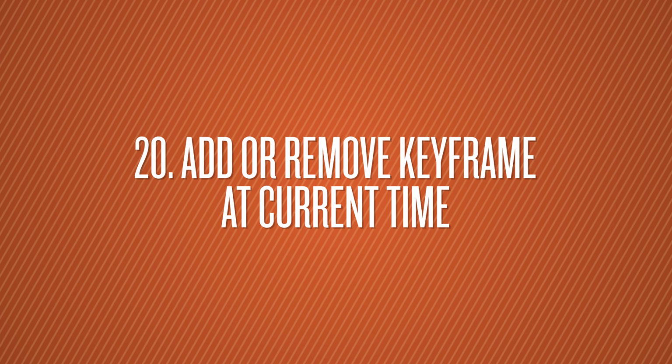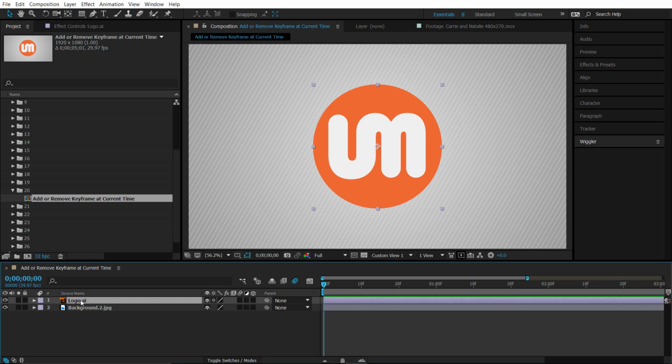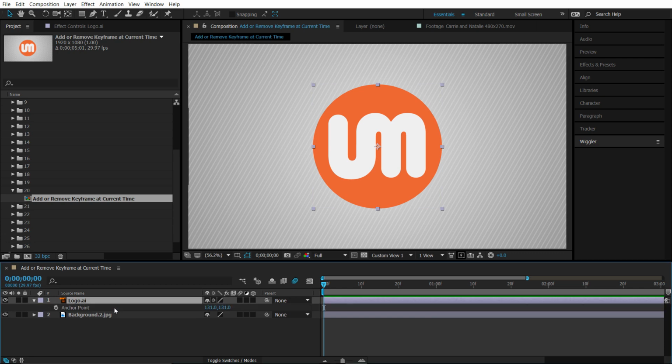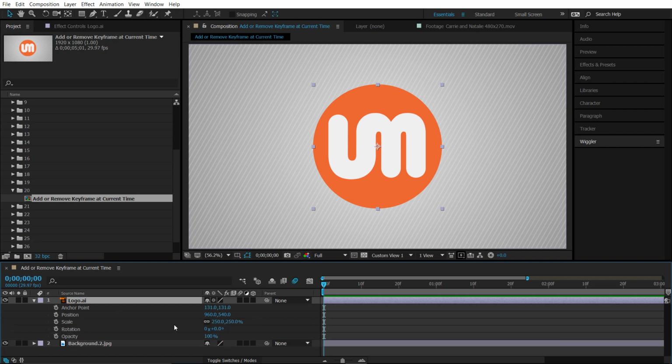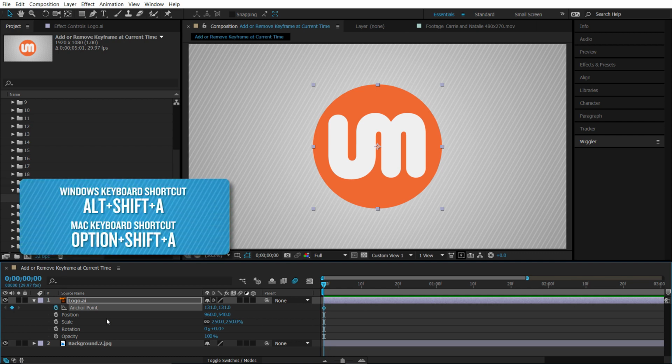Number 20 is add or remove keyframe at current time. And so for this, I'm going to use this logo here, and I'm going to bring up all my transformations. So let's do A for anchor point, P for position, R for rotation, T for opacity, and S for scale. And so how do I set a keyframe for one of these without clicking on the stopwatch or this thing right here? In other words, how do I set a keyframe using keyboard shortcut? Here's the thing to remember: Alt Shift. Remember Alt Shift. So to set a keyframe for anchor point, all you do is Alt Shift A,